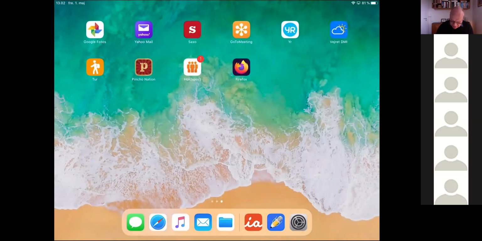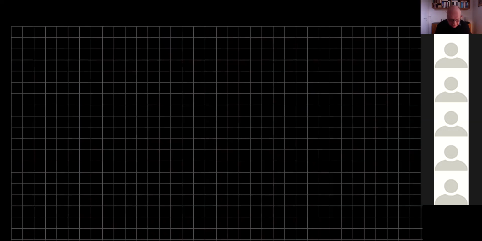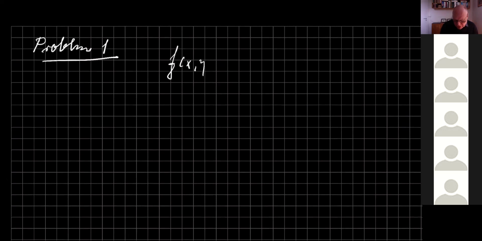So let me try to write this on the blackboard. So we start by problem 1. And we're given this function f of x comma y equal to y divided by the exponential function of x. And I can also write this as y times e to minus x. This is convenient when you have to differentiate this function. So in question 1, we are asked for the level curves